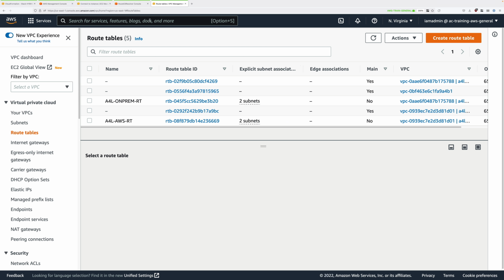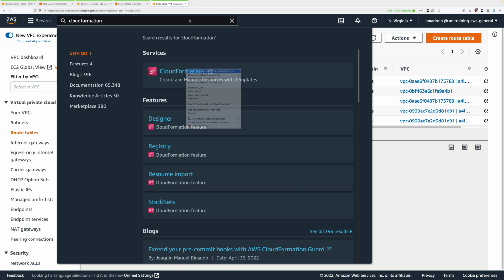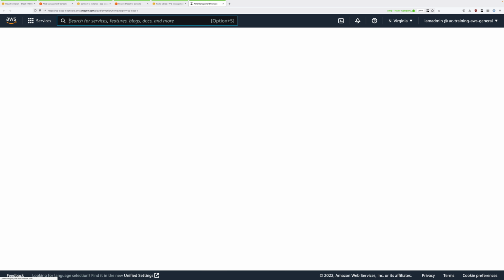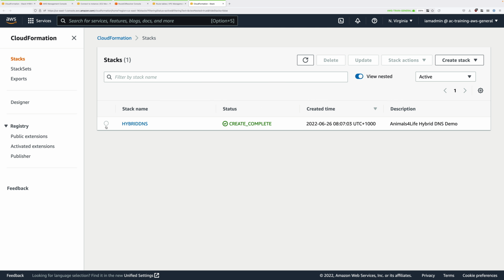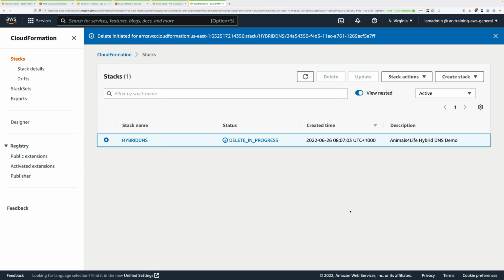And then the last step, click on Services, select CloudFormation, and we're going to delete the stack Hybrid DNS, so select it. And this is the stack that was created using the one-click deployment. So select that stack, click on delete, and then delete stack. And once all of that's finished, your account will be back into the same state as it was at the start of this lesson. With that being said though, that's everything you need to do for this demo lesson.